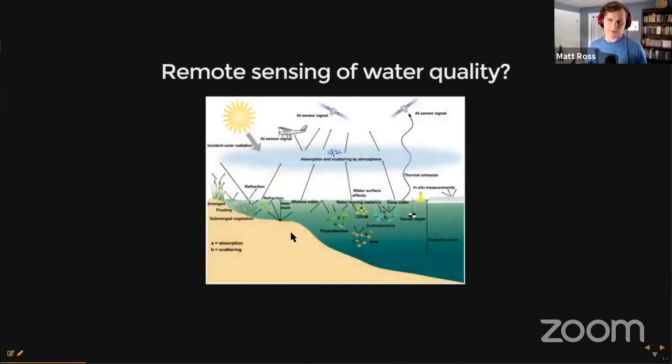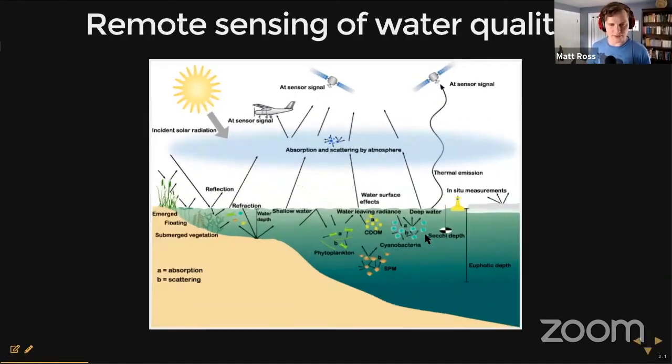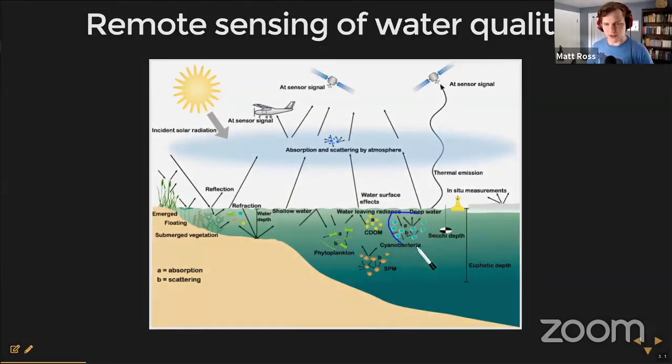And so I've been mentioning remote sensing of water quality and training data sets, but what is remote sensing of water quality? Basically this image is showing all the different constituents that can control water quality. I'll zoom in a little. And you have a bunch of stuff that controls the color of the water. So you have cyanobacteria, CDOM, phytoplankton, suspended particulate matter, or total suspended solids if you're a river person. And all of these aggregate to give the water color.